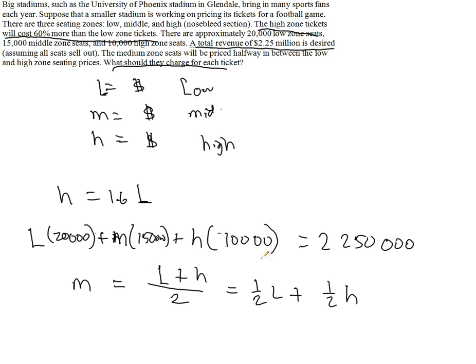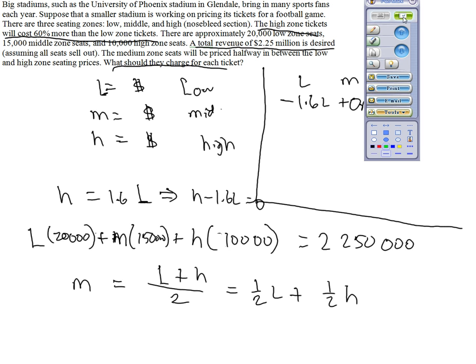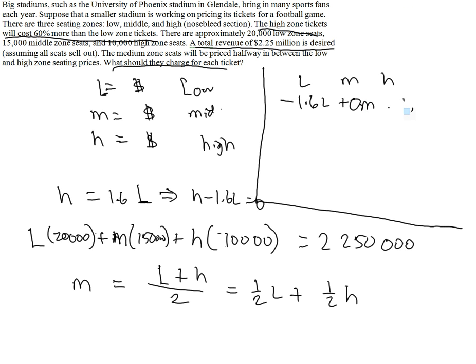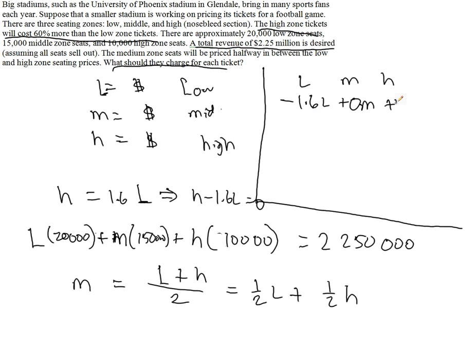Okay, so next we'll write out all of our equations so that we have low, medium, and high variables. So this guy, I could rewrite to read H minus 1.6 L equals 0. So that means negative 1.6 L plus, well, how many M's do I have in this equation? I don't have any, so I'll write 0M, plus H, and I want that to equal